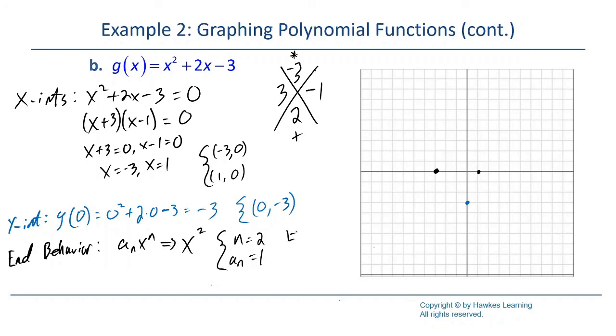So this is an even degree with a positive leading coefficient. Which means that both of them, because it's even, remember, they both open the same direction, and because it's positive, they both open up. So this is going to go something like,